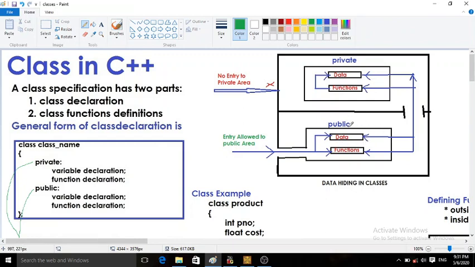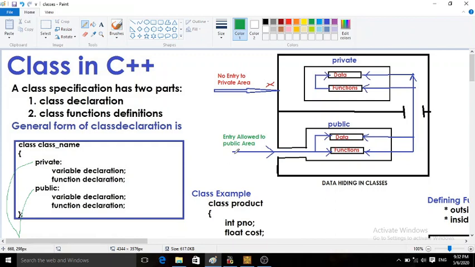Now, if the data or function is public, public data can be accessed by public functions, and definitely it can also be accessed by private functions. This public data and these public functions are also accessible from outside the class, from any function written outside.